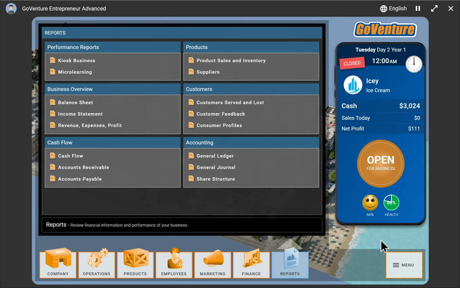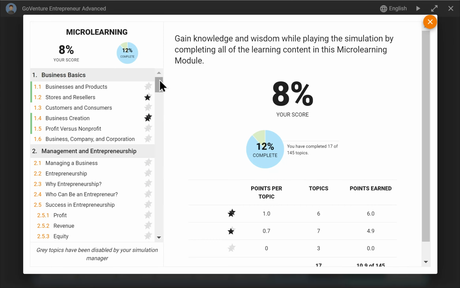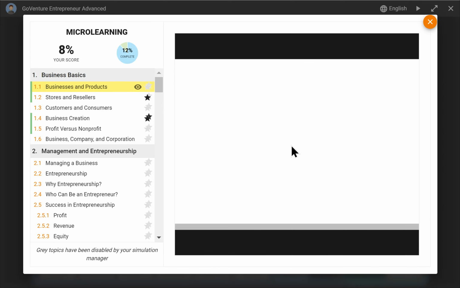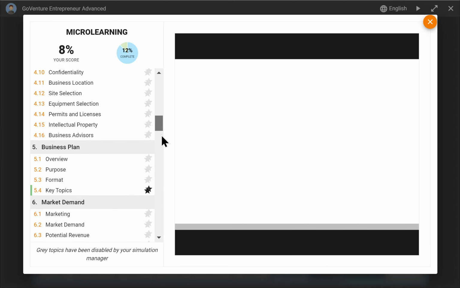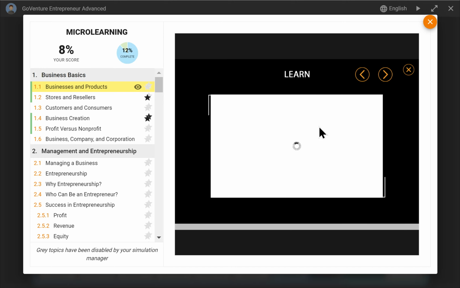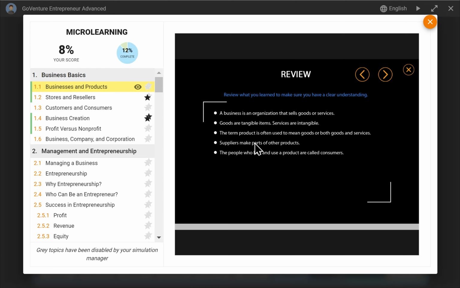We can also access micro-learning. So similar to all of the simulation levels, the lemonade stand, the kiosk, and the full business, we have access to over 140 micro-learning modules, which are a series of videos followed by quizzes that teach specific aspects of business. And instructors can identify which of the 140 modules they want to provide. And students can then click on the module, watch a short video. Videos are usually only a minute or two,